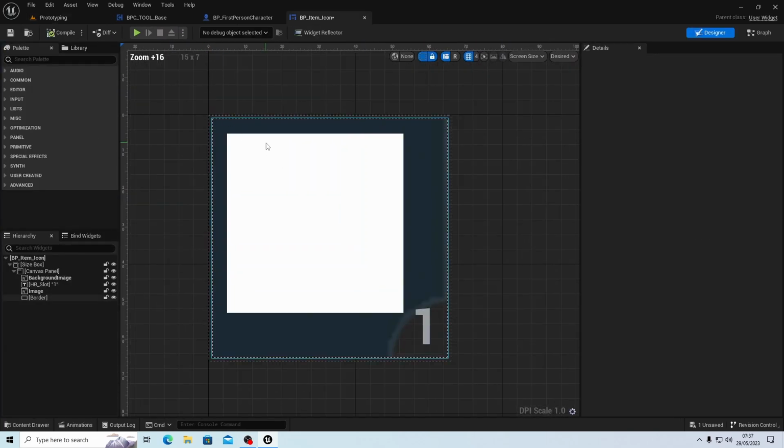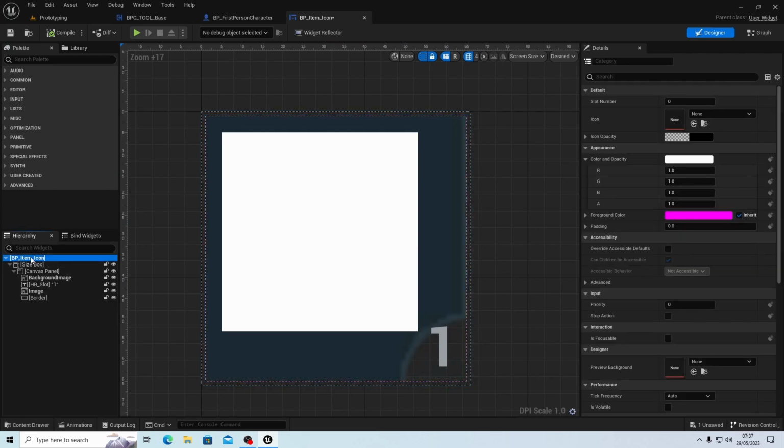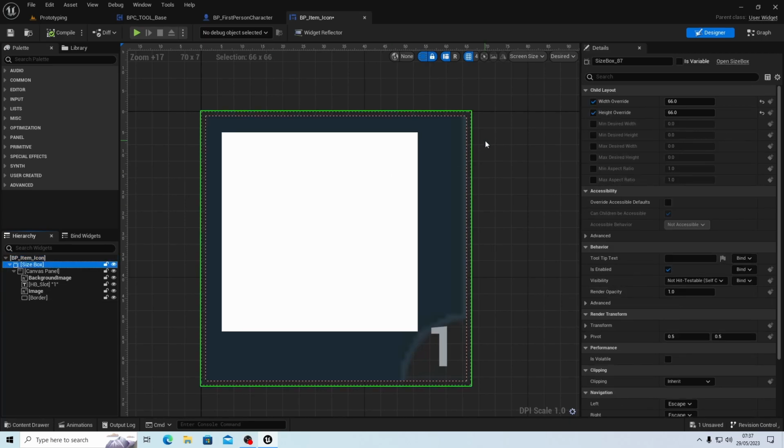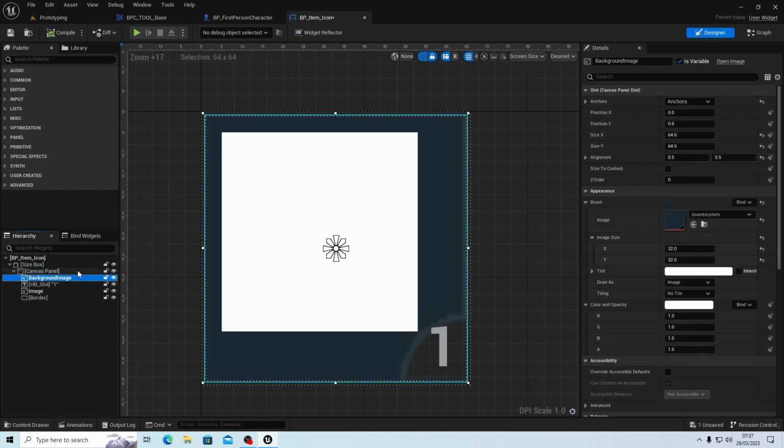If there's anything you don't understand, drop a note in the comments and I'll try and explain it a little bit better. But it's just a standard object with a new widget, user widget, with a size box set to 66 by 66, so 66 squared. Then a canvas panel that fills to hold all these things. Then we've got a background image at 64 squared, so it's just slightly padded off the edge. And then